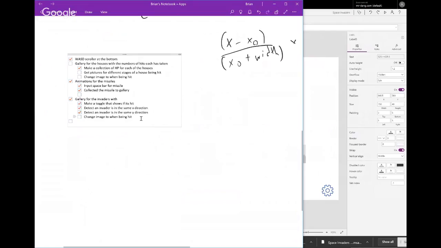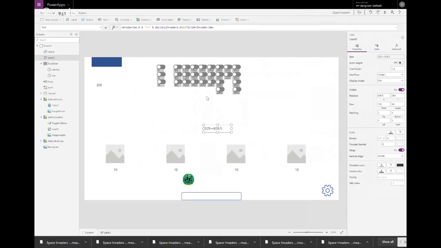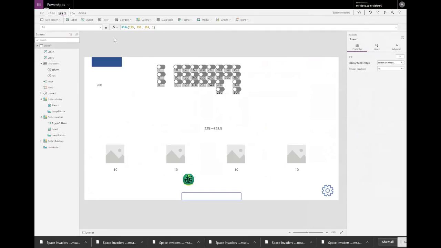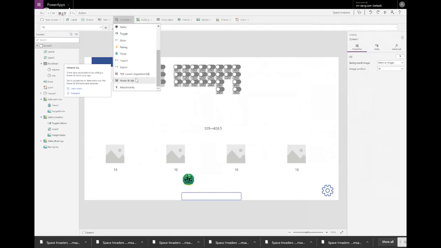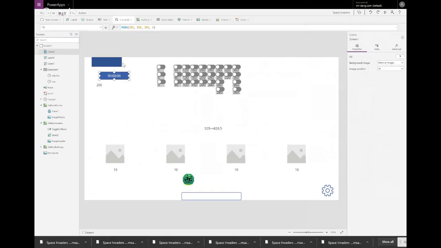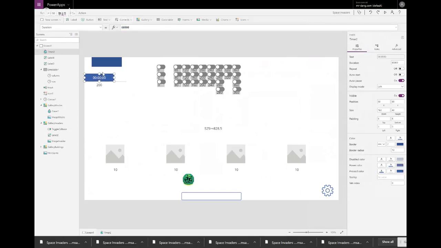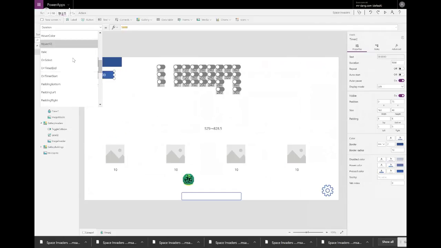Let's have the Space Invaders send missiles back. I could do this with a timer. So in the original game, missiles are fired kind of randomly. I'll do the same thing here, maybe every 5 seconds. Every 5 seconds,